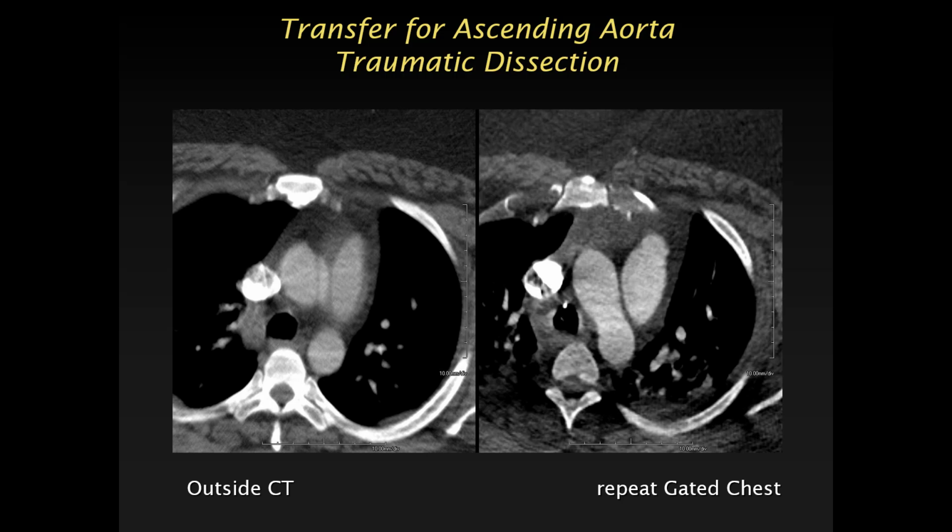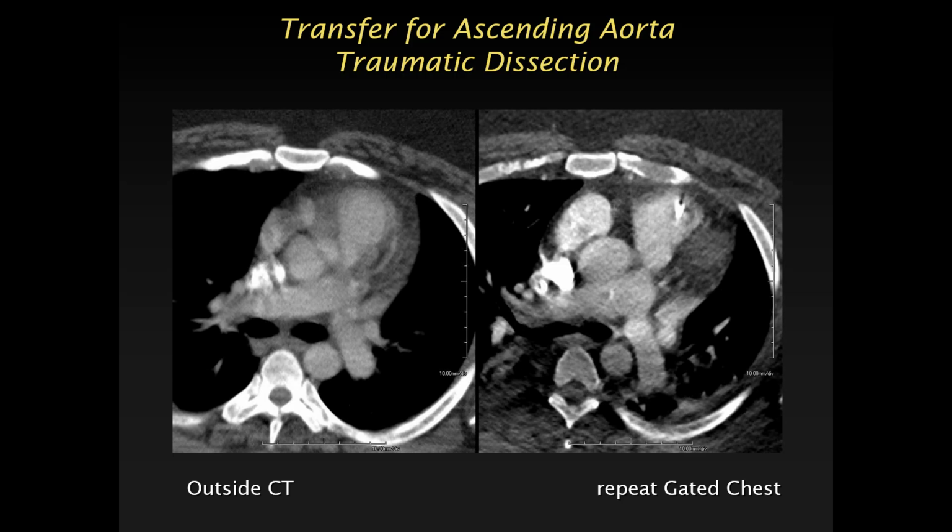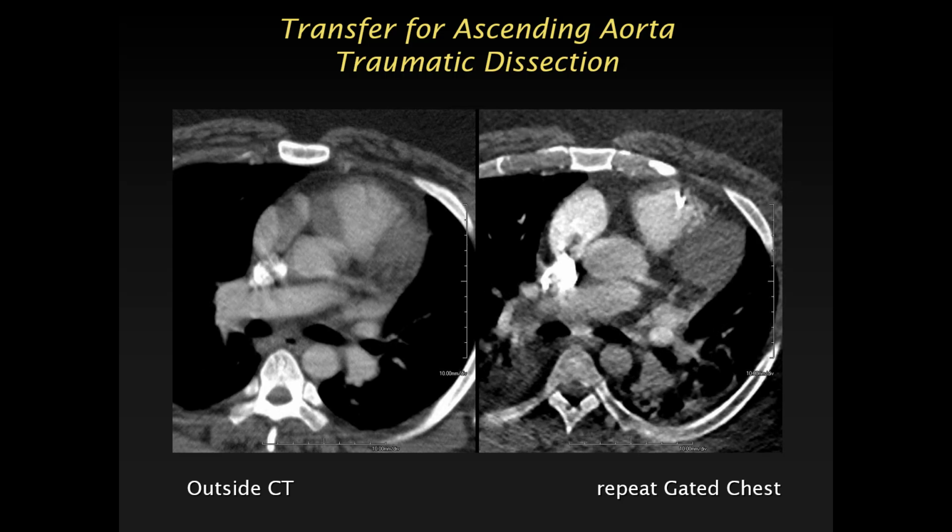Again, you see here. But this study was then repeated, mostly to assure them or prove that it is an artifact. And here's a repeat gated study. It was a very obese gentleman, so it's a bit noisy. But what you can see clearly on the gated study, there's no dissection or aortic abnormality at all. If we go further down again, this double contour here is not existing. Again, if you have a double contour also in the pulmonary artery on the same slice, this really raises the suspicion that this is an artifact and not a